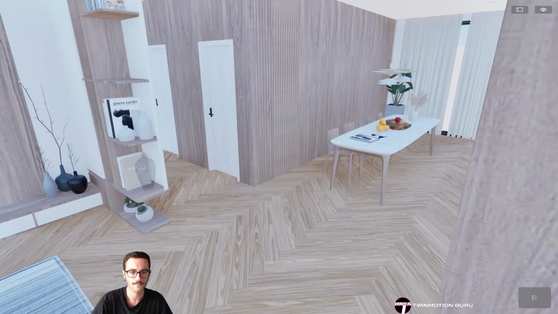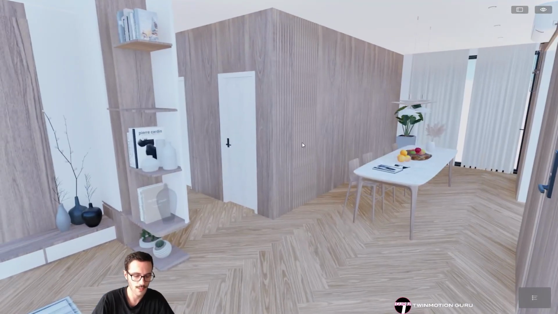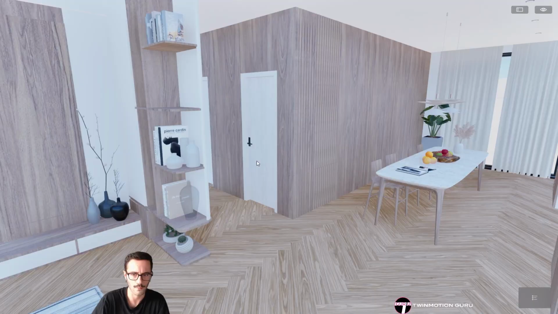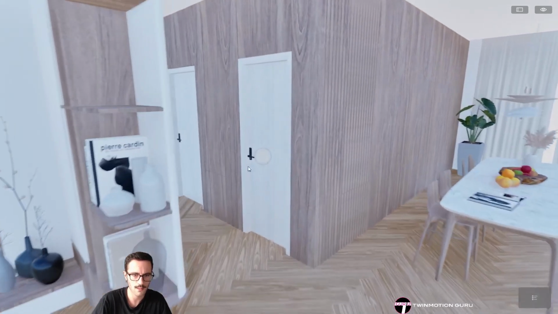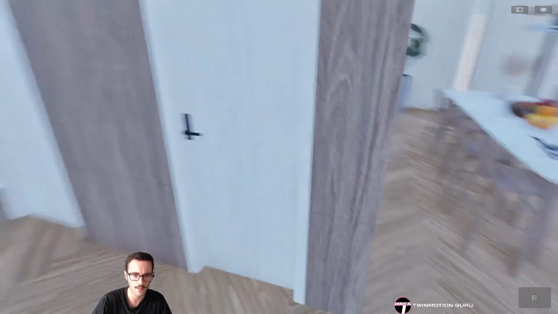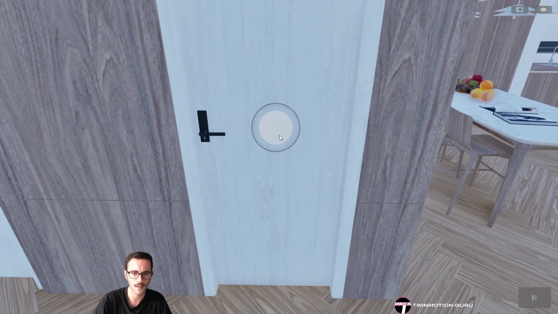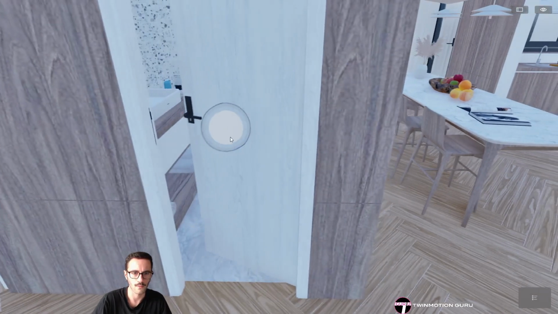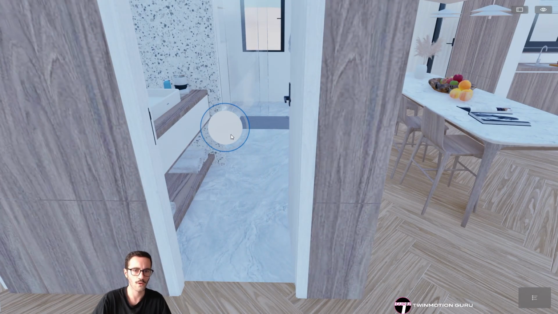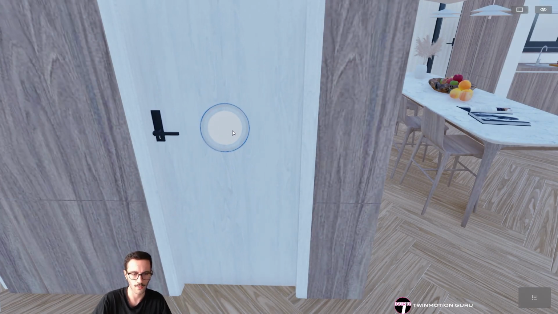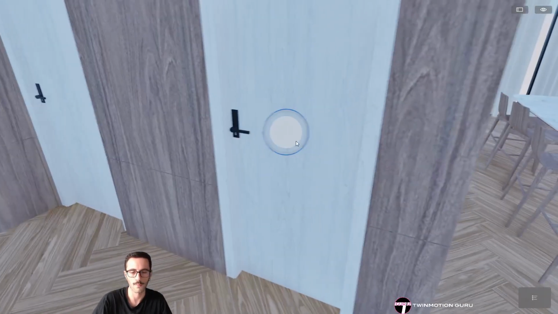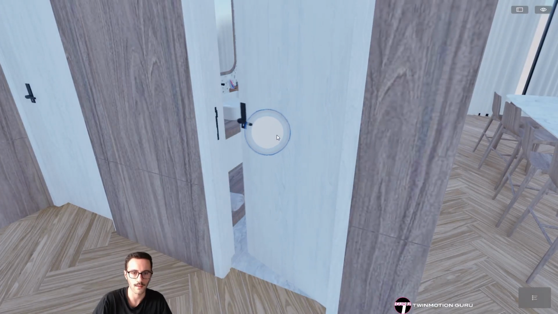From here, we are seeing our scene. This is a preview, so the button is not facing yet, but here, the second time I click on it, I can click on the icon and the door will be opened or closed. It depends, of course, on how many clicks I do on the icon.